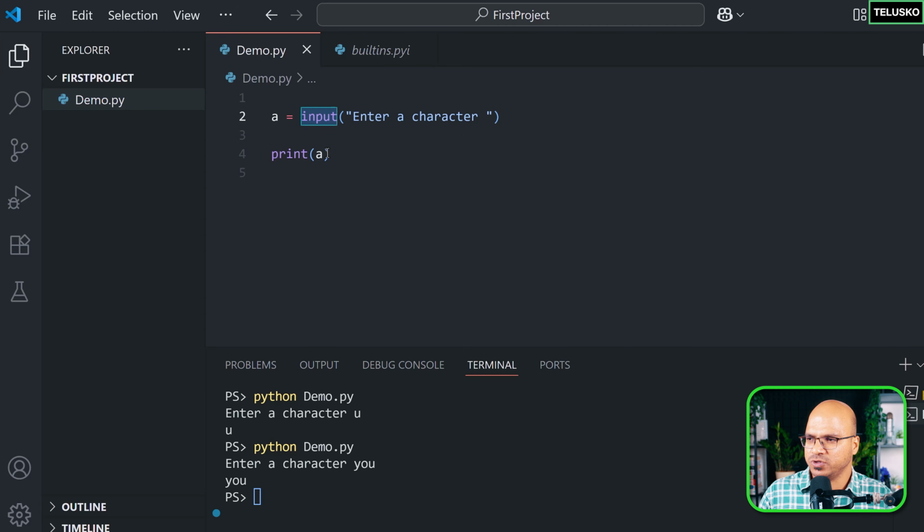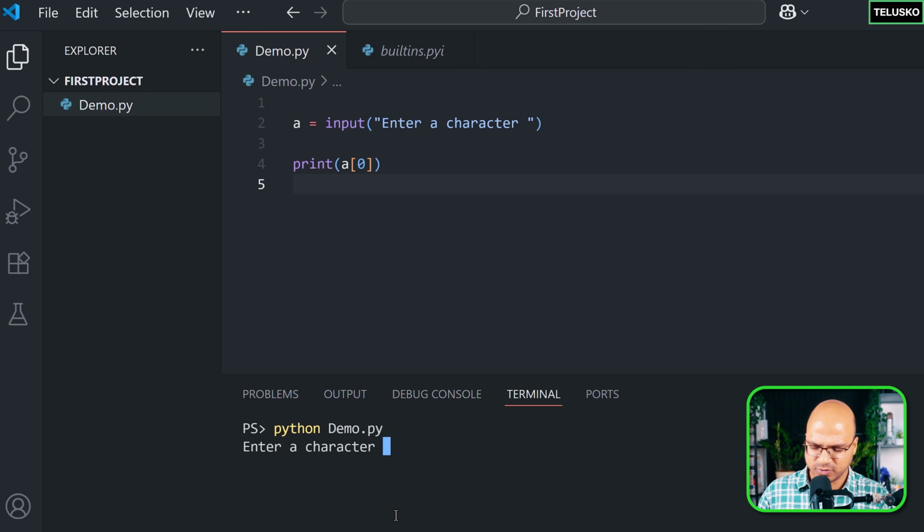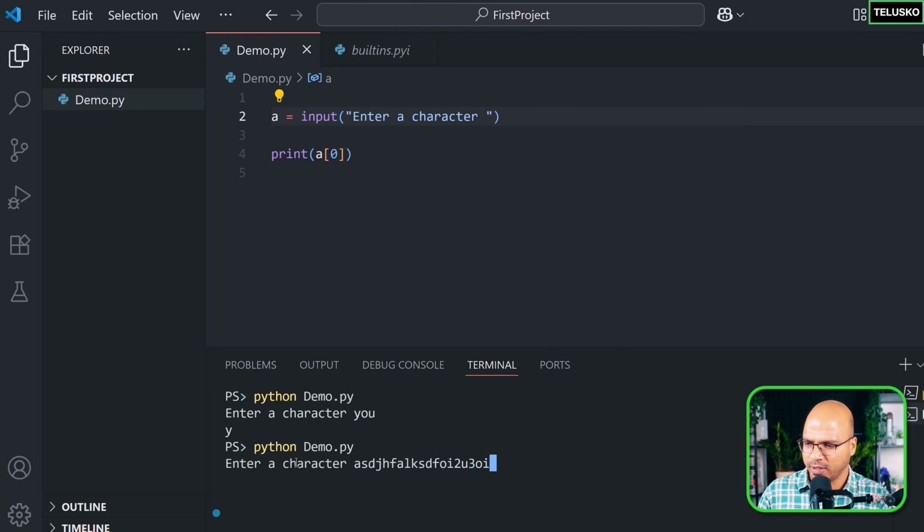So in case you just want to print the first character, you can do that, right? Slicing we have done in the earlier videos of the course. If you run this and if you say y or yu, it will just print y. But it is taking everything and it is storing everything in a. So even if you enter a huge string, it prints a, but don't you think you're wasting so much memory that you're storing in a? What if you only